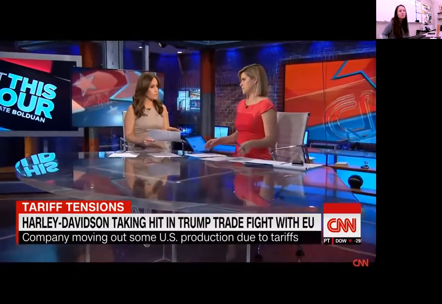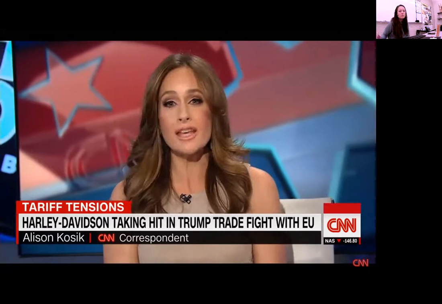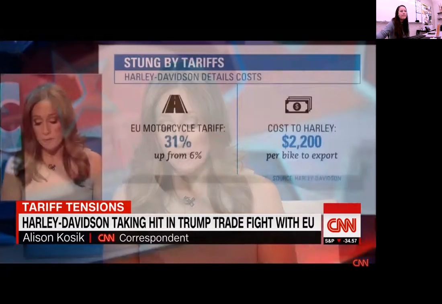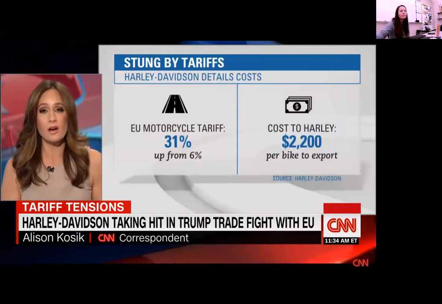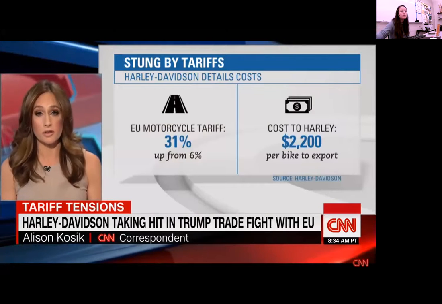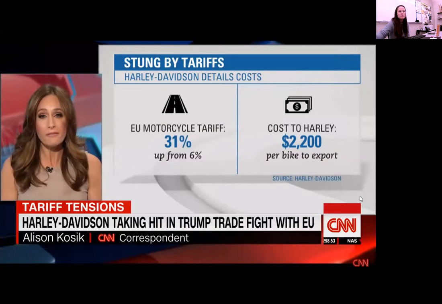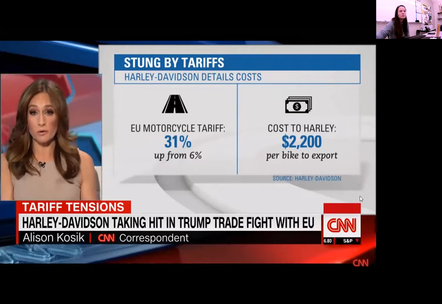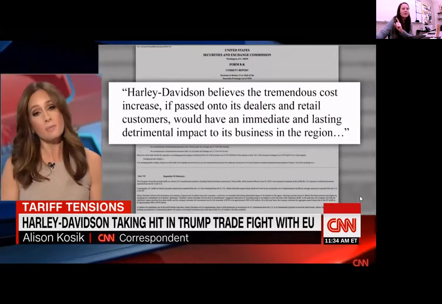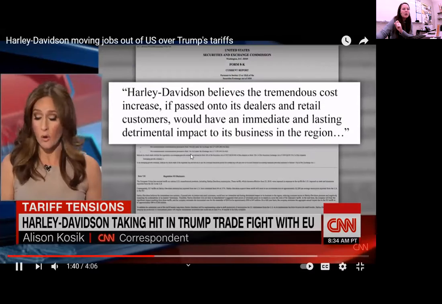Okay, so in this SEC filing from today, we're learning about what Harley-Davidson is doing. It is going ahead and shifting production of its motorcycles it makes for European customers, literally moving it out of the United States and setting up shop overseas to avoid the tariff and ultimately save money and customers. Now, we learned that Harley-Davidson is making this drastic move to literally hold on to its second biggest sales market, and that's Europe. And this is after the EU raised tariffs from 6% to 31% on motorcycles that are exported from the U.S. Now, Harley says the tariff raises the price by about $2,200 on every motorcycle that's sold in Europe. So that really cuts its competitive strength in Europe if their motorcycles are more than what's already on the market. So you look at the security filing, Harley-Davidson said this. It said it believes that the tremendous cost increase, if it's passed on to its dealers and retail customers, it would wind up having an immediate and lasting detrimental impact to its business in the region. So instead,